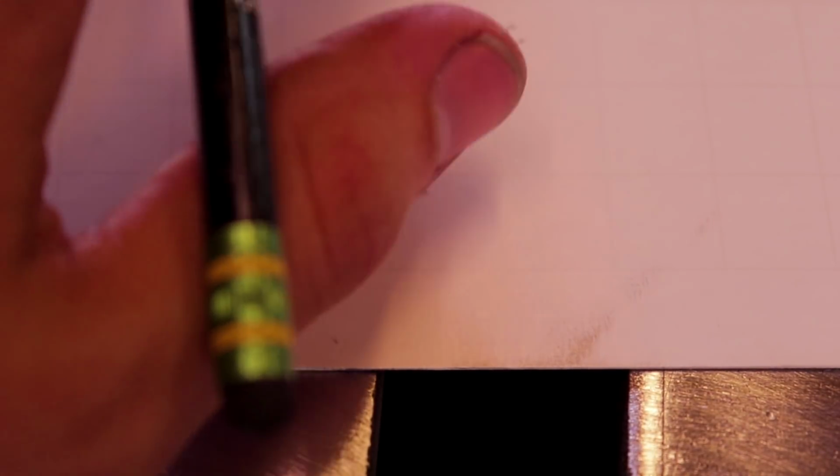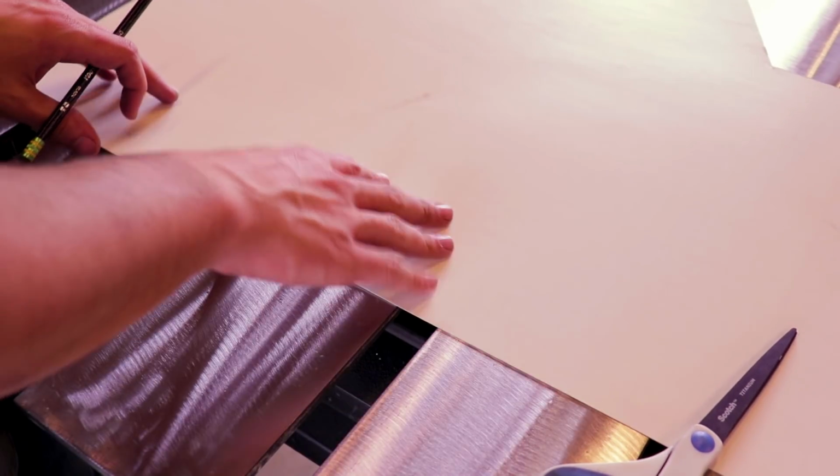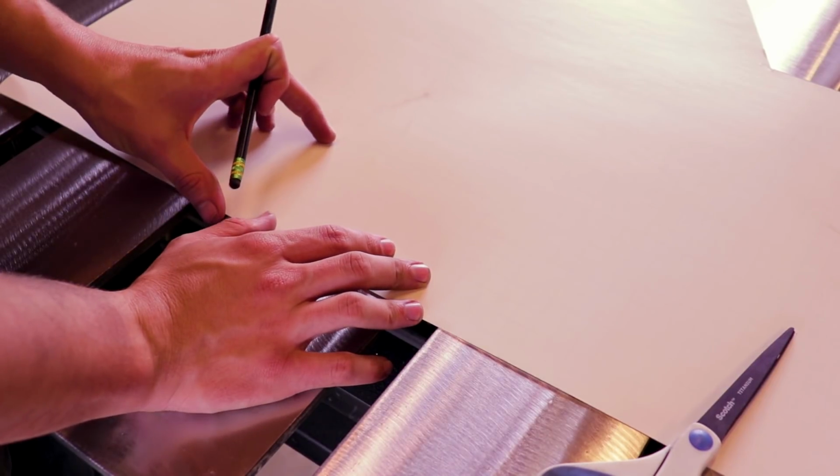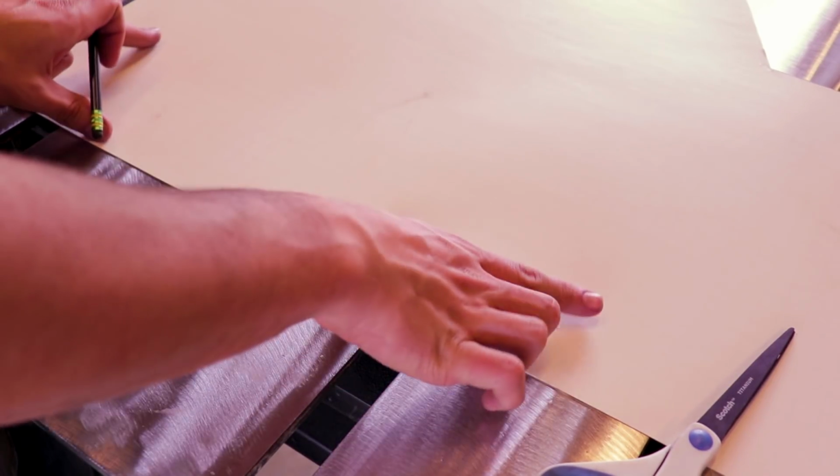Now what's great about this poster board is that each one of these little squares is exactly 1/2 inch. Even this piece right here. And you can pick these up real cheap at Walmart. I like to have them on hand for this. Makes templating really easy. So I want my step to be 4 inches wide and 3 inches tall and about